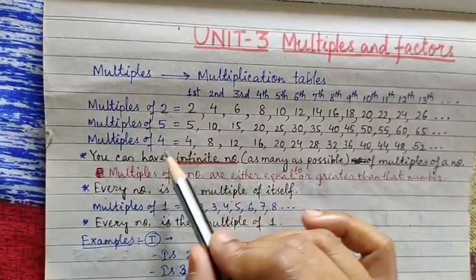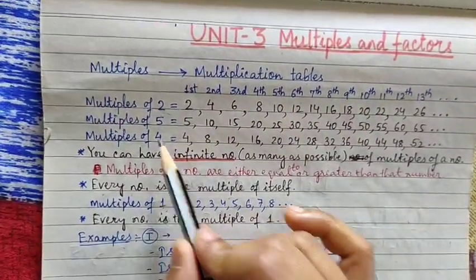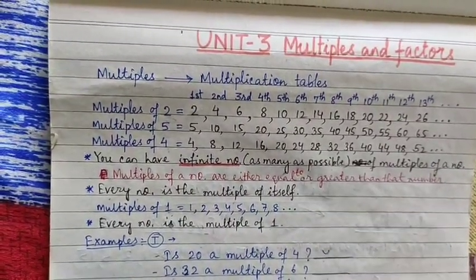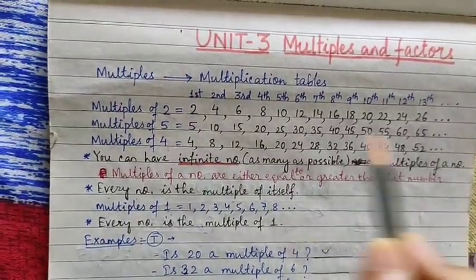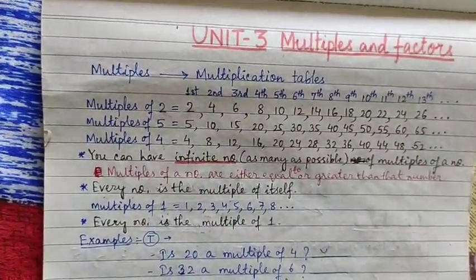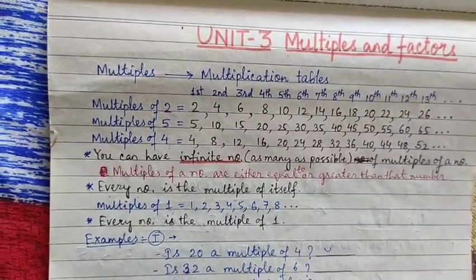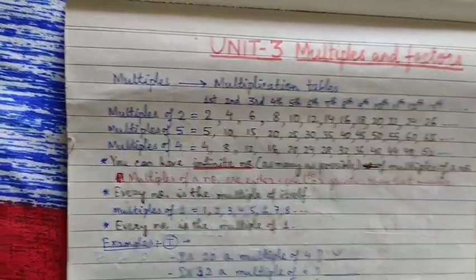Suppose you want to find the 25th multiple of 4. 25th मीन्स 25 नंबर में कौन सा मल्टीपल आता है. So simply you can find the 25th, means 25 fours are 100. Okay, so you can have as many as possible number of multiples for a number. यहाँ का कोई ending नहीं होता है, वो बढ़ते ही जाता है.